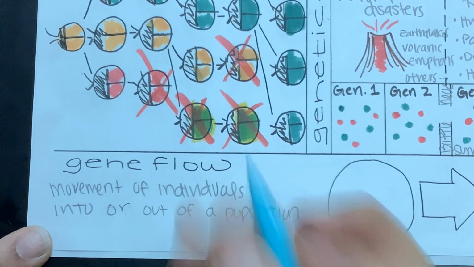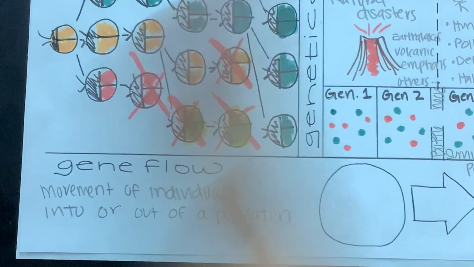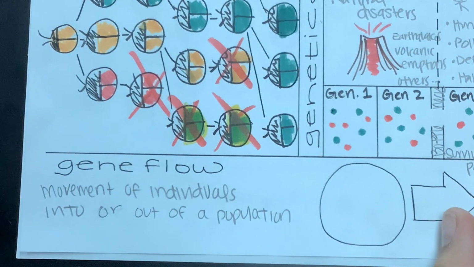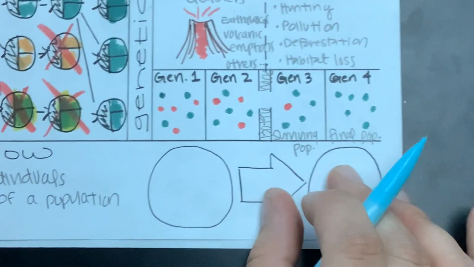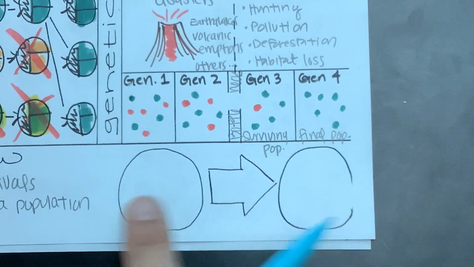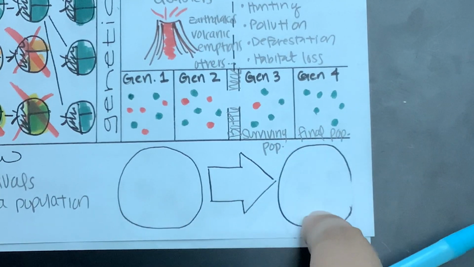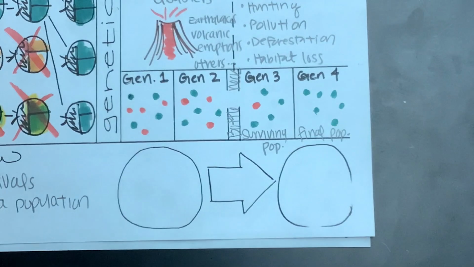So that's why it's called a flow, right? You're flowing either in or out of a population. So let's say you had a population here and a population here. And in this population, we are going to go with,